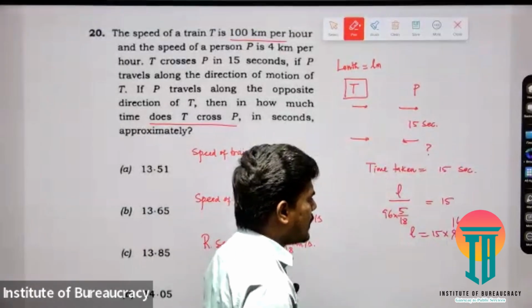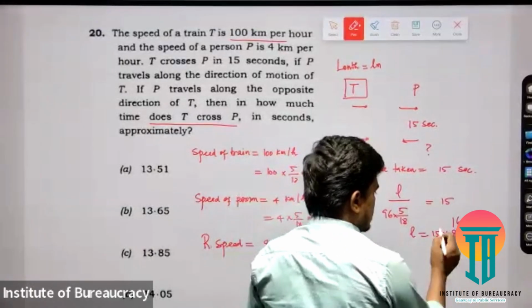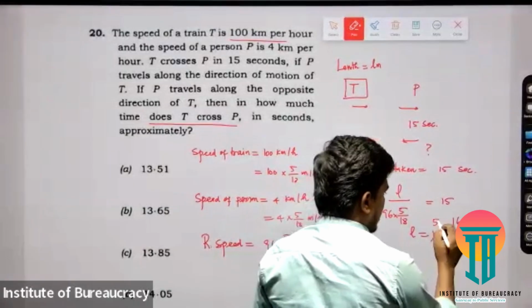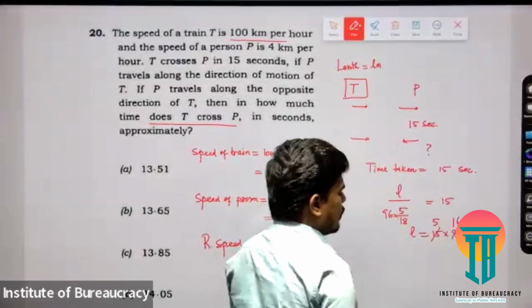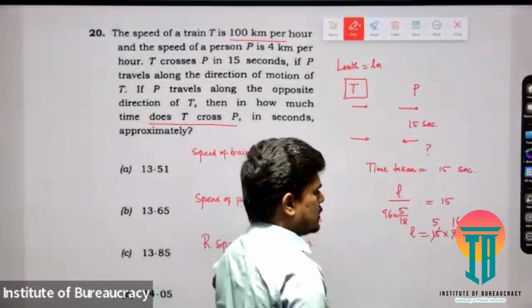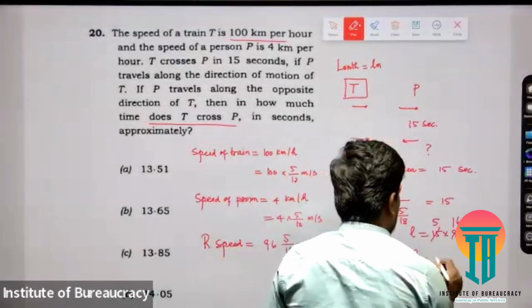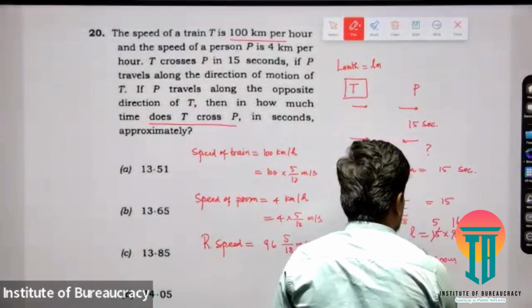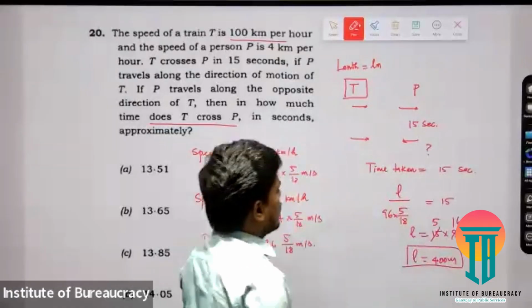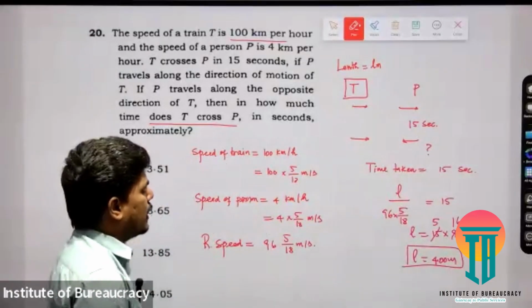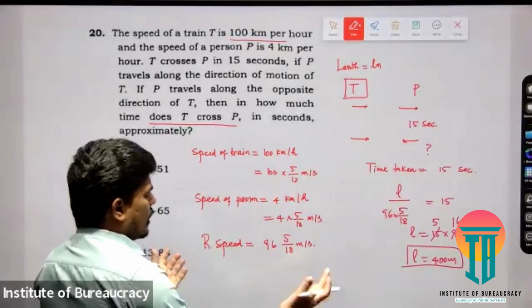16 times by 6, and you can cancel this. This is going to be what? 5 times 25 into 16. 4 times 100. So 16. So it is going to be 400. L is equal to 400 meters. So the length of the train is what? 400 meters. Now, if you know the length of the train,